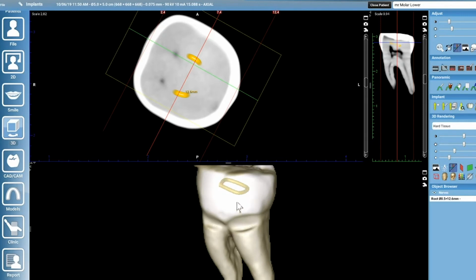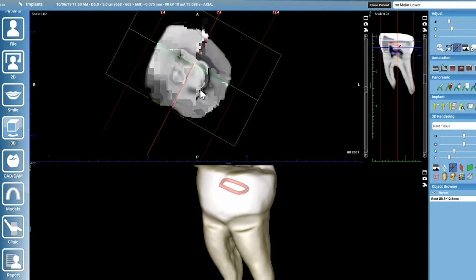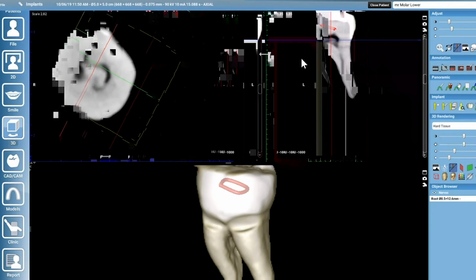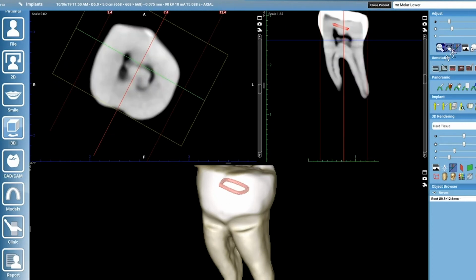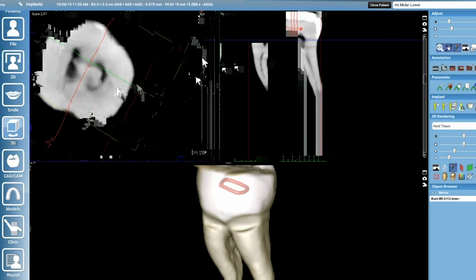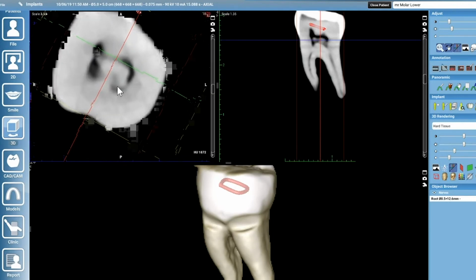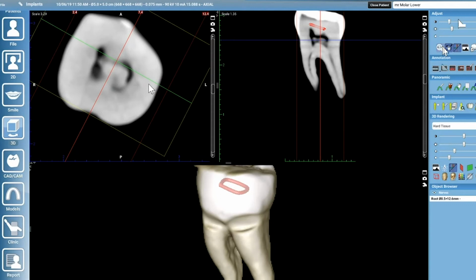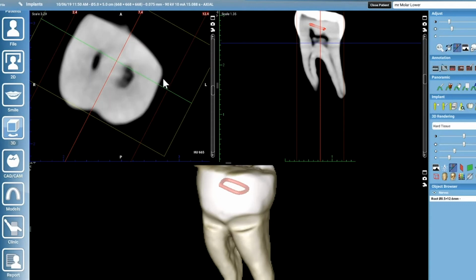Let's do the pulp chamber floor. I'll just change the color of this one. I'll change it to red, and we'll do the pulp chamber floor in the default color. So come down to the pulp chamber floor. It's probably easier seen on this view up here. So let's just have a look. Make that a little bit larger and scroll down a little bit lower. Fine. Scroll to the pulp chamber floor level about here, and let's just map this out,